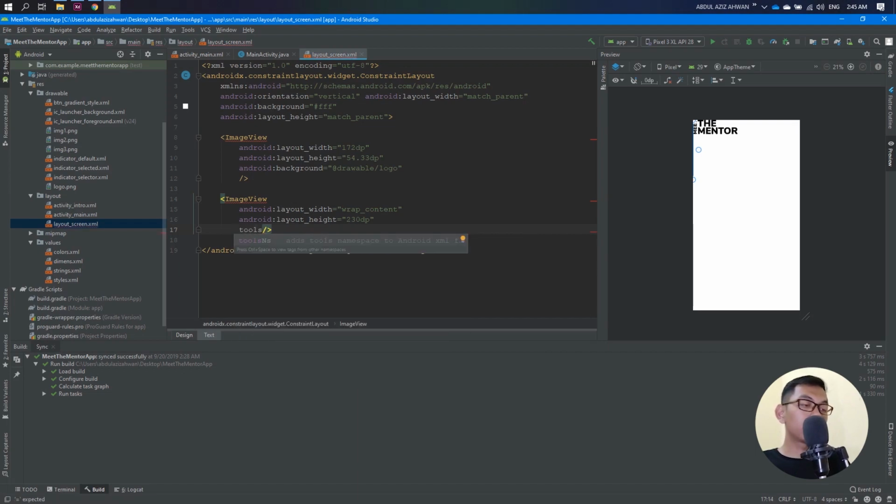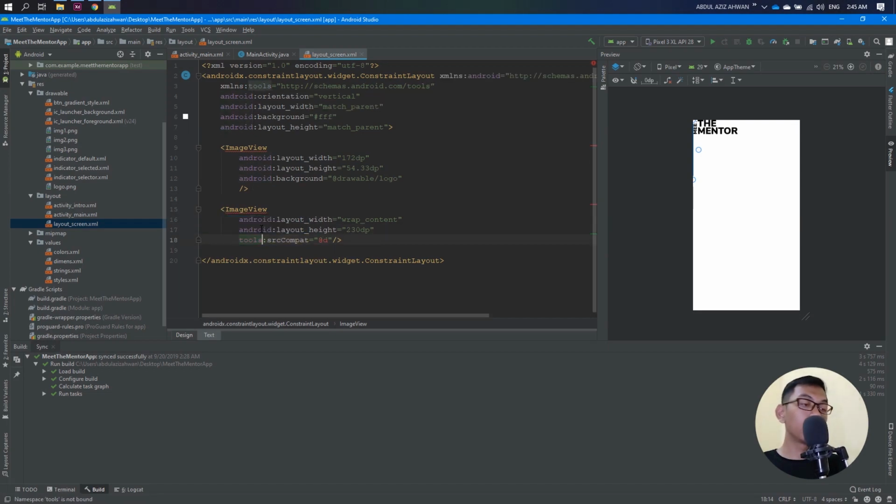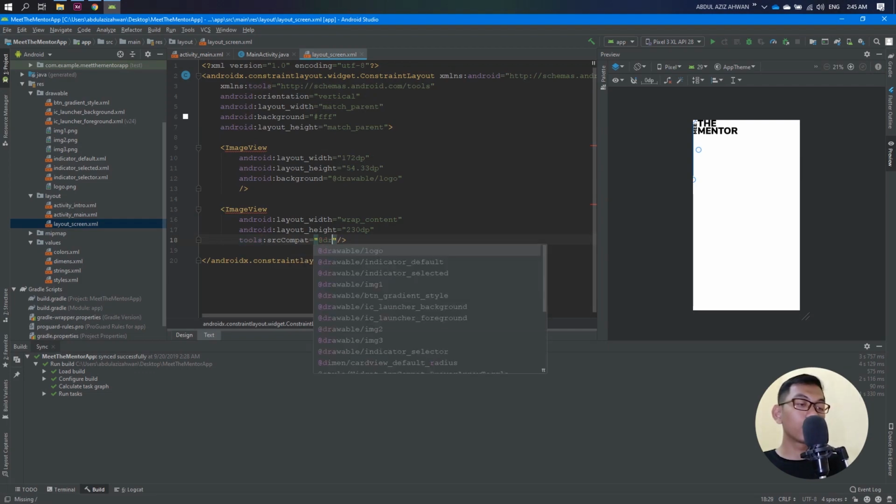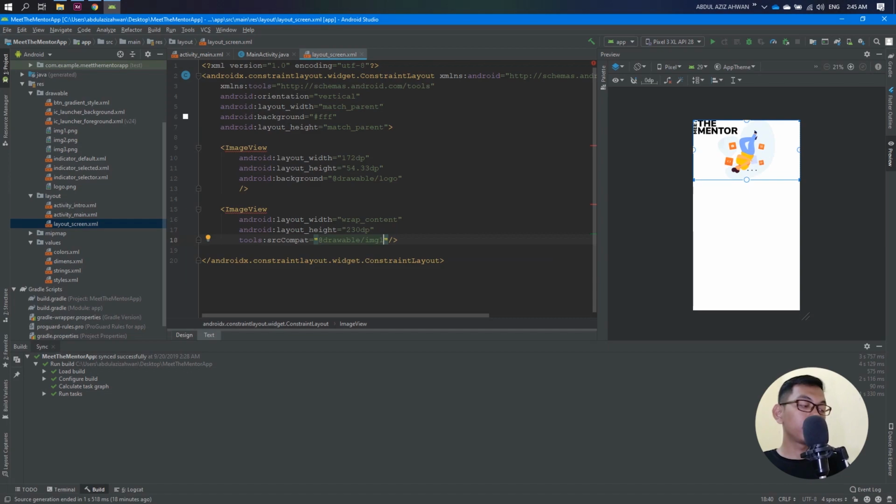For the tools, srcCompat, add drawable. I'm sorry. Drawable img1,